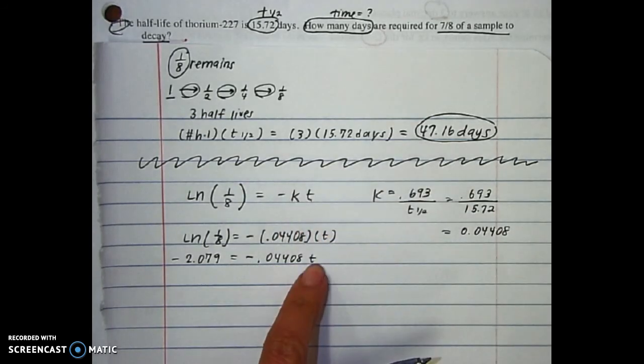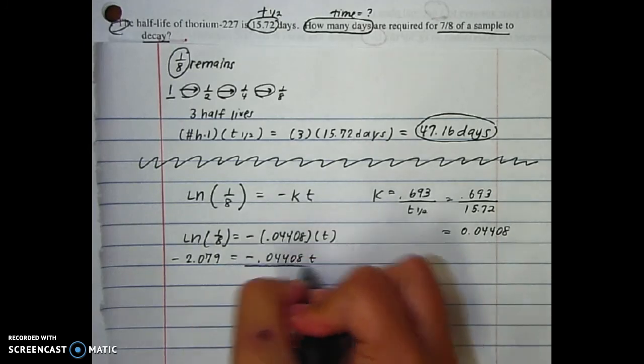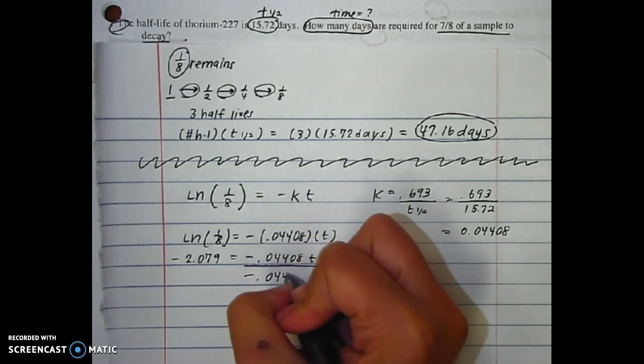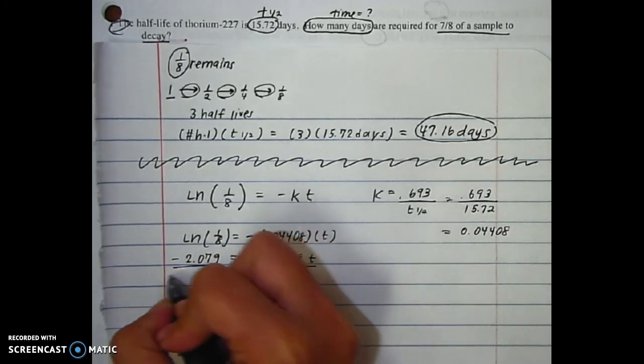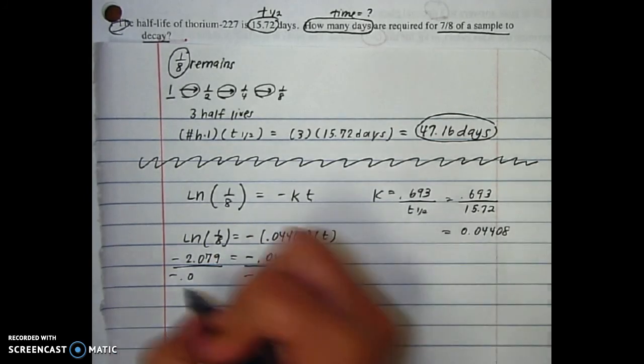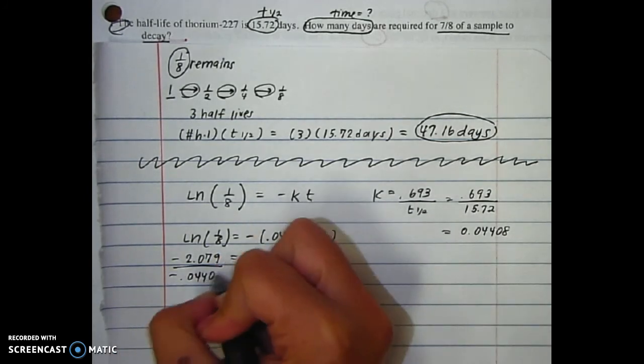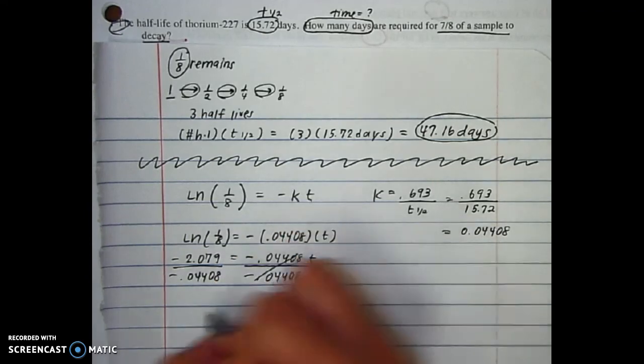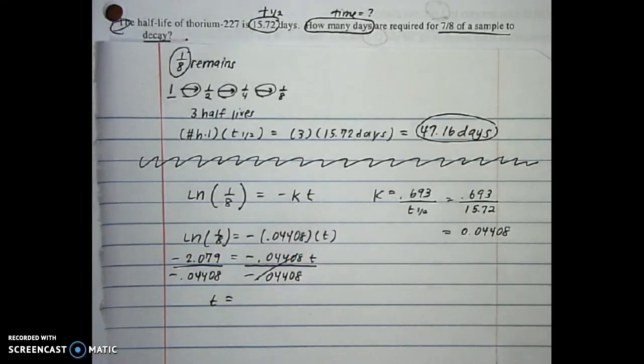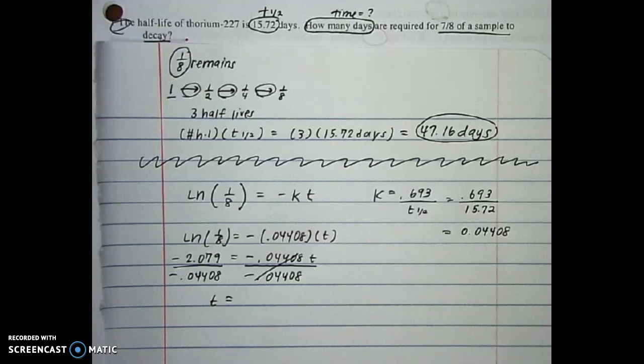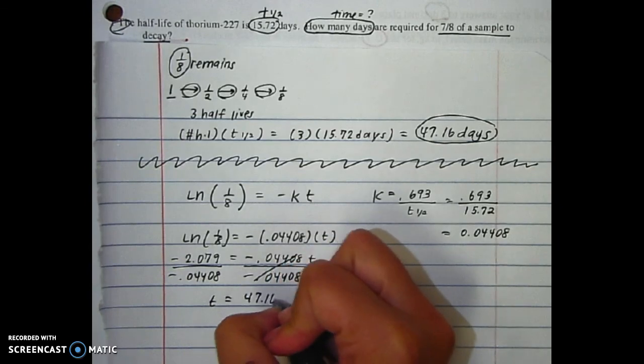And now to solve for time, we're going to divide both sides by the negative number, negative 0.04408. That cancels. And negative 2.079 divided by negative 0.04408, you would get 47.16 days,